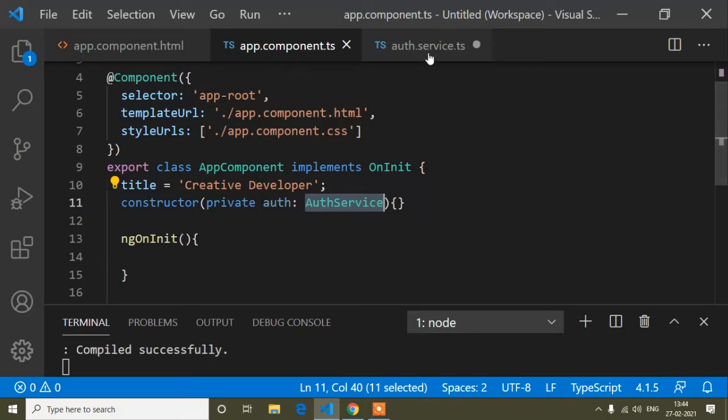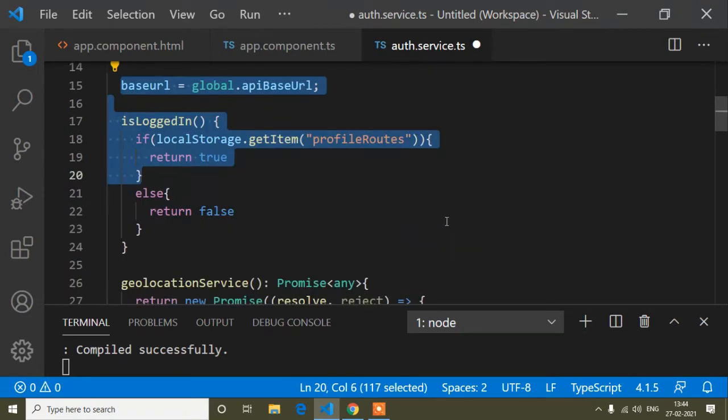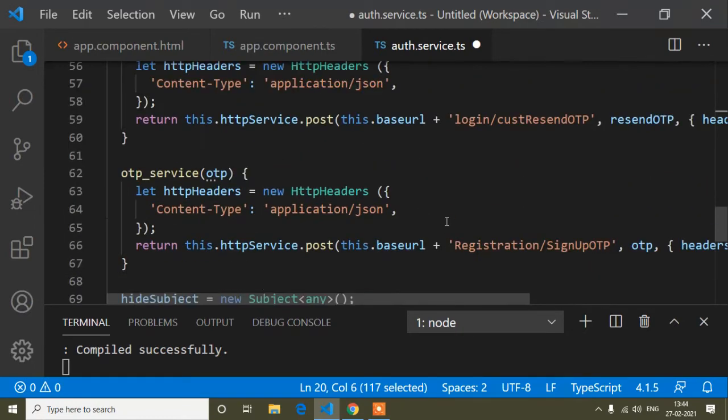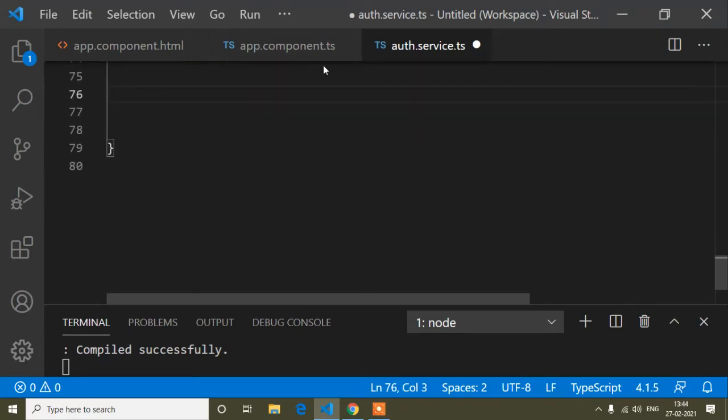Now the main thing, guys: I will come to auth service, where this code is what I use for the defined purpose. I will scroll down, and here first of all I will create an array, the state array, so I will write a method state. Sometimes the state and city may come from your API, and then everything will be the same, all the logic will be the same. Here I don't have an API for state and city, so just for that I'm making a custom state and city array.